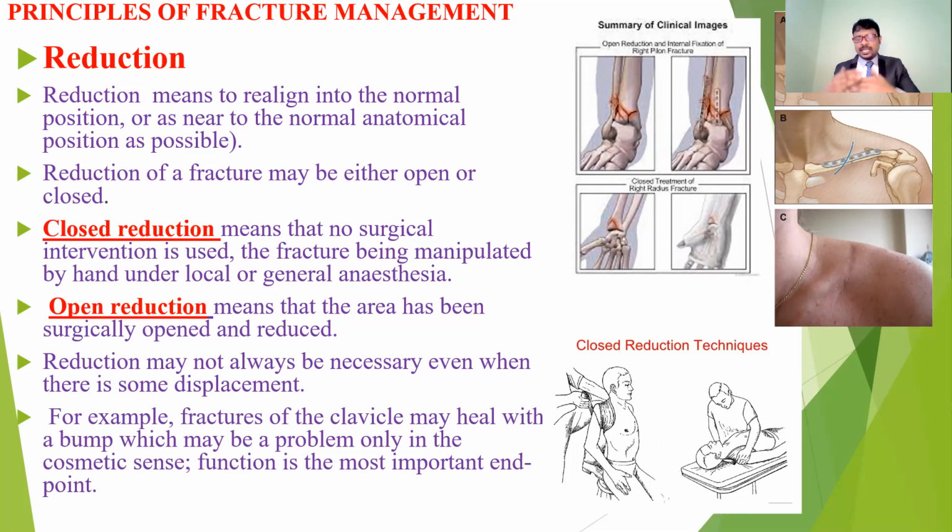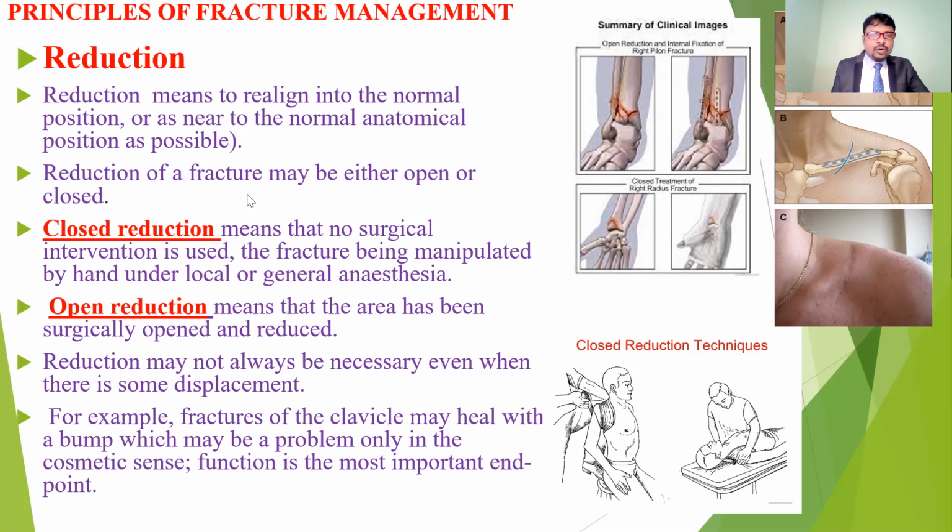If the fracture happens, the bone fragments are displaced. So first thing is reduction procedures: bring the limb into the normal position. What is the normal position? If there is any deformity or any displacement of the bone fragments, we have to bring it into the normal positions. The procedure is called reduction. And this reduction of the fracture may be either open reduction or closed reduction. So two types of reduction process are there.